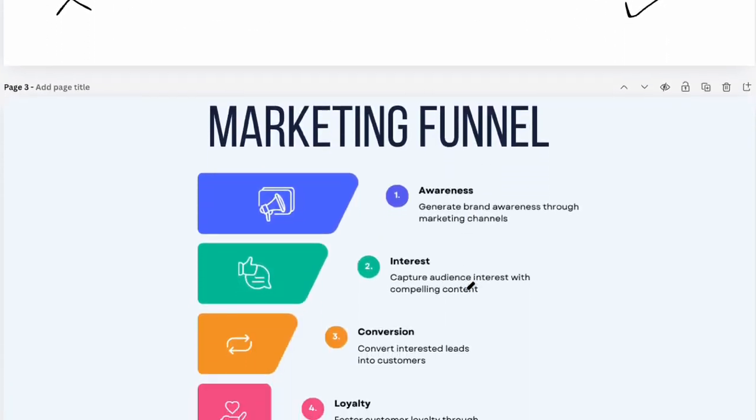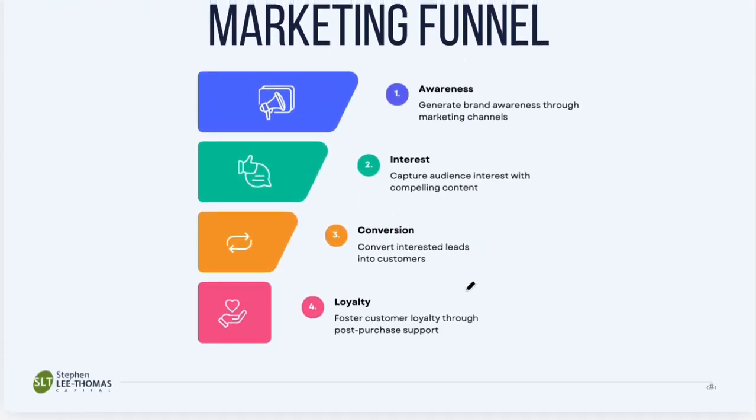So what does that look like? What is the marketing funnel? There are lots of different versions of the marketing funnel, but at its core, all of them have at least these 4 steps. I think this is probably the most distilled version. So I'm going to walk through each of these and give you some examples so that you can understand how and why the marketing funnel is so important. Because really everything you do when it comes to raising capital, it ties back to something in the marketing funnel.